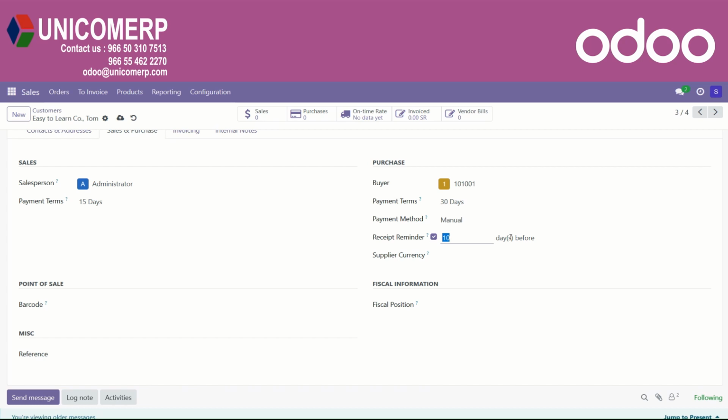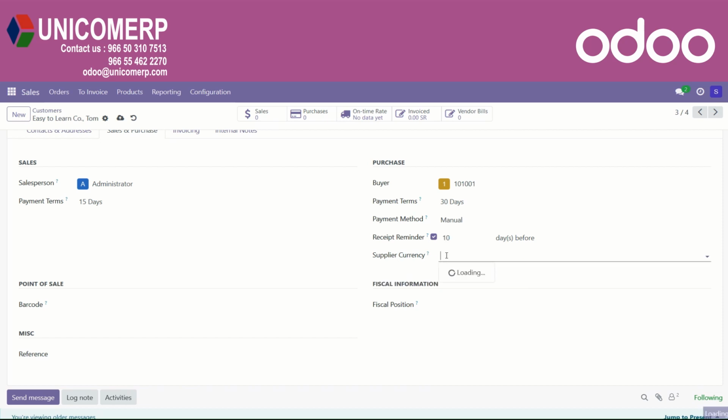So there will be an expected receipt date, and on or before that date you can send a confirmation mail to that person, and the vendor will confirm it, and you can confirm that your receipt date is set. So that's the receipt reminder. If you want to enable it, you can simply check it here and specify how many days before this mail should be sent. Next, you can set up the supplier currency here.